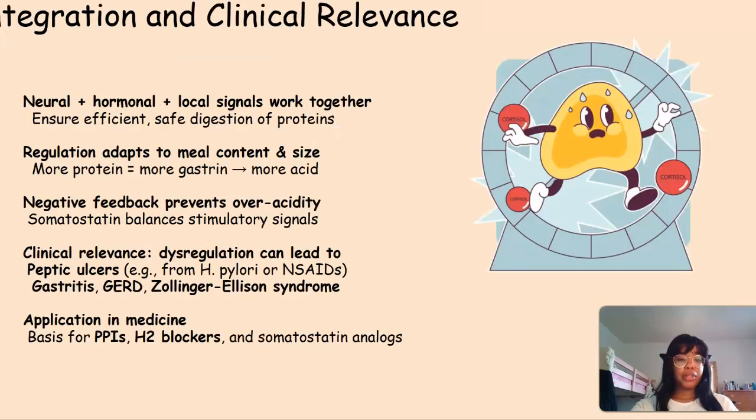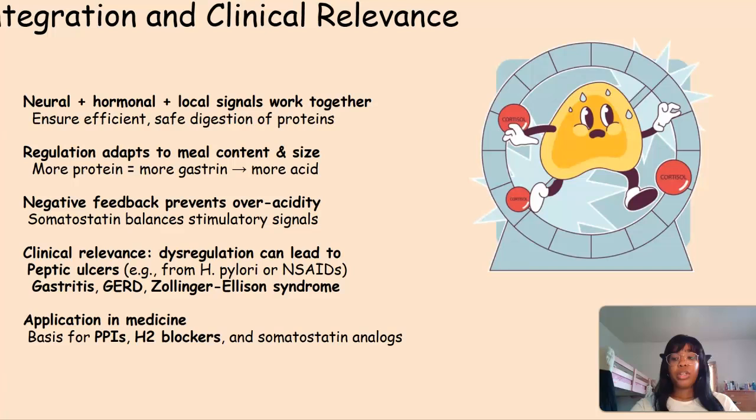To function properly, the stomach relies on tightly integrated systems of neural, hormonal, and local mechanisms. These systems coordinate based on what kind of food is present and how much. For example, protein-rich meals stimulate more gastrin, which increases the acid and enzyme release to match the digestive load. But too much acid can be harmful, so the body relies on feedback loops, like somatostatin secretion to keep things